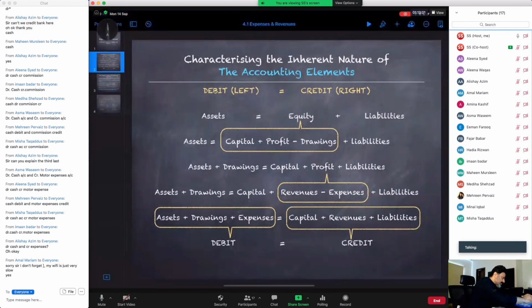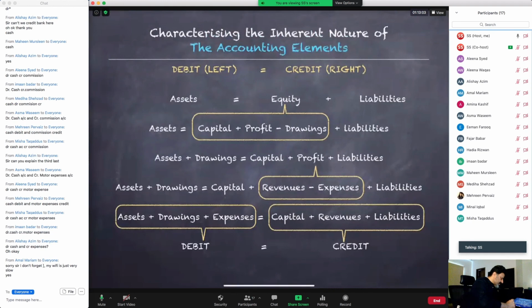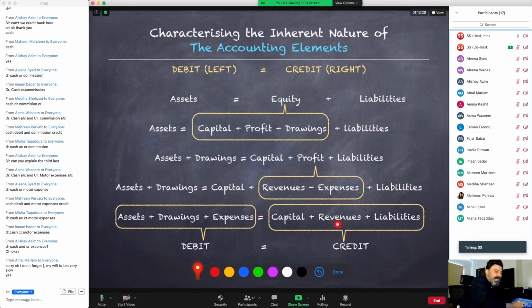Okay, done. So these are the 6 basic accounting items that we are to be familiar with. So our double entry model now is complete. In chapter number 2, we only discussed assets, capitals, and liabilities. In chapter number 3 and chapter number 4, we discussed expenses and revenues. Remember chapter number 3, that we had purchases, sales, sales returns, and purchases returns. These were all different examples of expenses and revenues, as we have seen in the previous